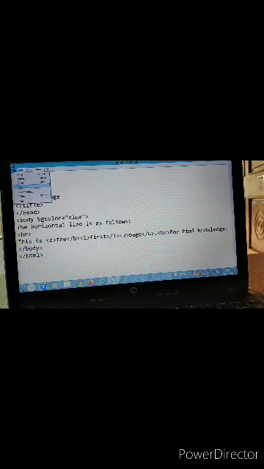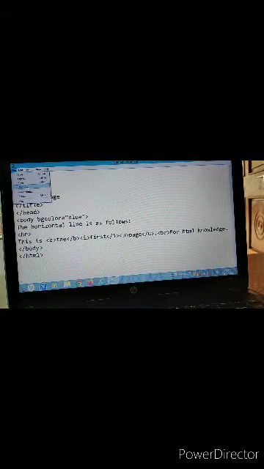Your file will be saved. Otherwise, the change will not be displayed on the web page. For changes, you have to change the HTML document. After saving the document, you can easily watch the changes you made inside the HTML over the browser.